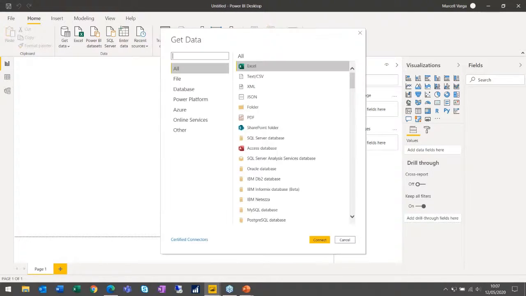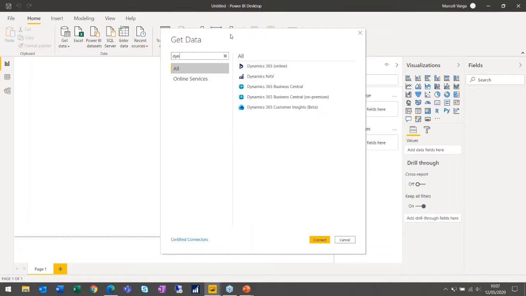And when you want to connect Microsoft Dynamics, basically you would need to use this Dynamics 365 online connection. If you have an on-premise version, then you can still use the online version connection because the API that I'm going to show you in a minute is still available for an on-premise version of Dynamics as well. But more likely people are using the online version. So when you click on the online,